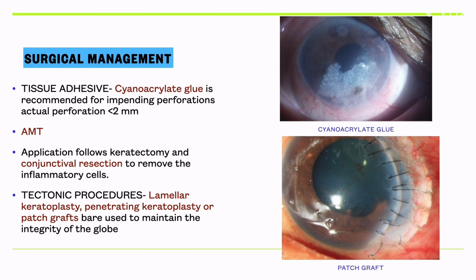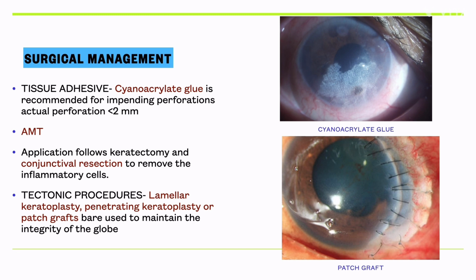Now, coming to surgical management, immediate structural reinforcement includes tissue adhesives, like for smaller perforation less than 2 mm or areas of extreme thinning that are about to perforate. We can use cyanoacrylate glue. This acts as a temporary plug to stabilize the eye. Also, amniotic membrane transplant can be applied after keratectomy or conjunctival resection. The conjunctival resection helps in physically removing the inflammatory cells from the site, and the AMG provides a basement membrane